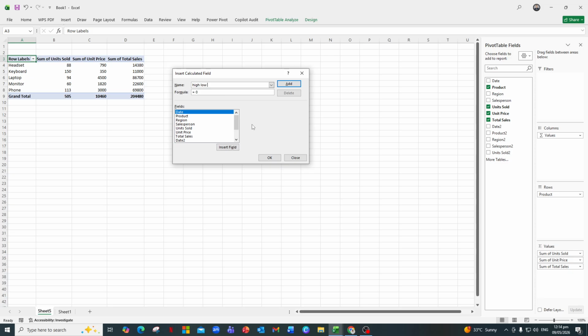Now, in the formula box, you'll enter an IF statement. An IF statement in Excel follows this pattern: IF condition, result if true, result if false. Here, instead of typing raw cell references, you'll use the field names from your pivot table. You can either type them exactly as they appear or double-click them from the list of fields below the formula box. Excel will insert them surrounded by single quotes. For example, if you want to check whether a sales field is greater than 1,000, you could write something like